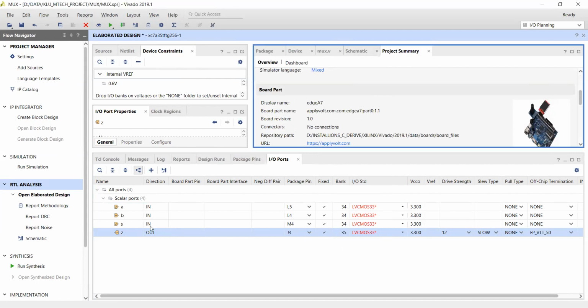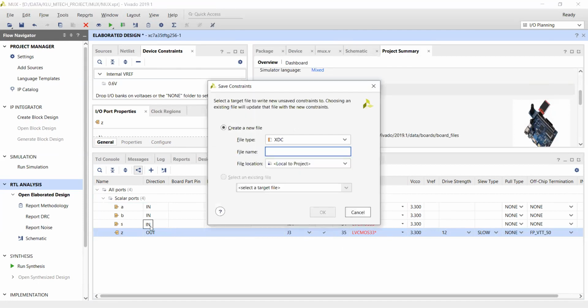So now you can press Control S to save this. Here we are saving it in terms of pin number, in terms of the pins of your mux.